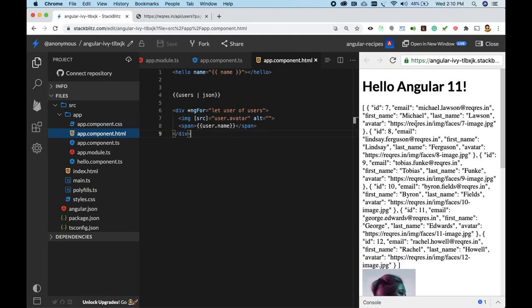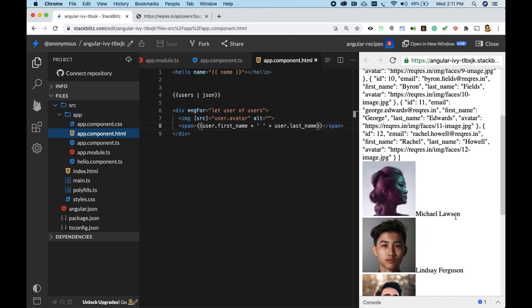And then user doesn't have name, it has first name and last name. So user dot first name plus space plus user dot last name. You can see, right?